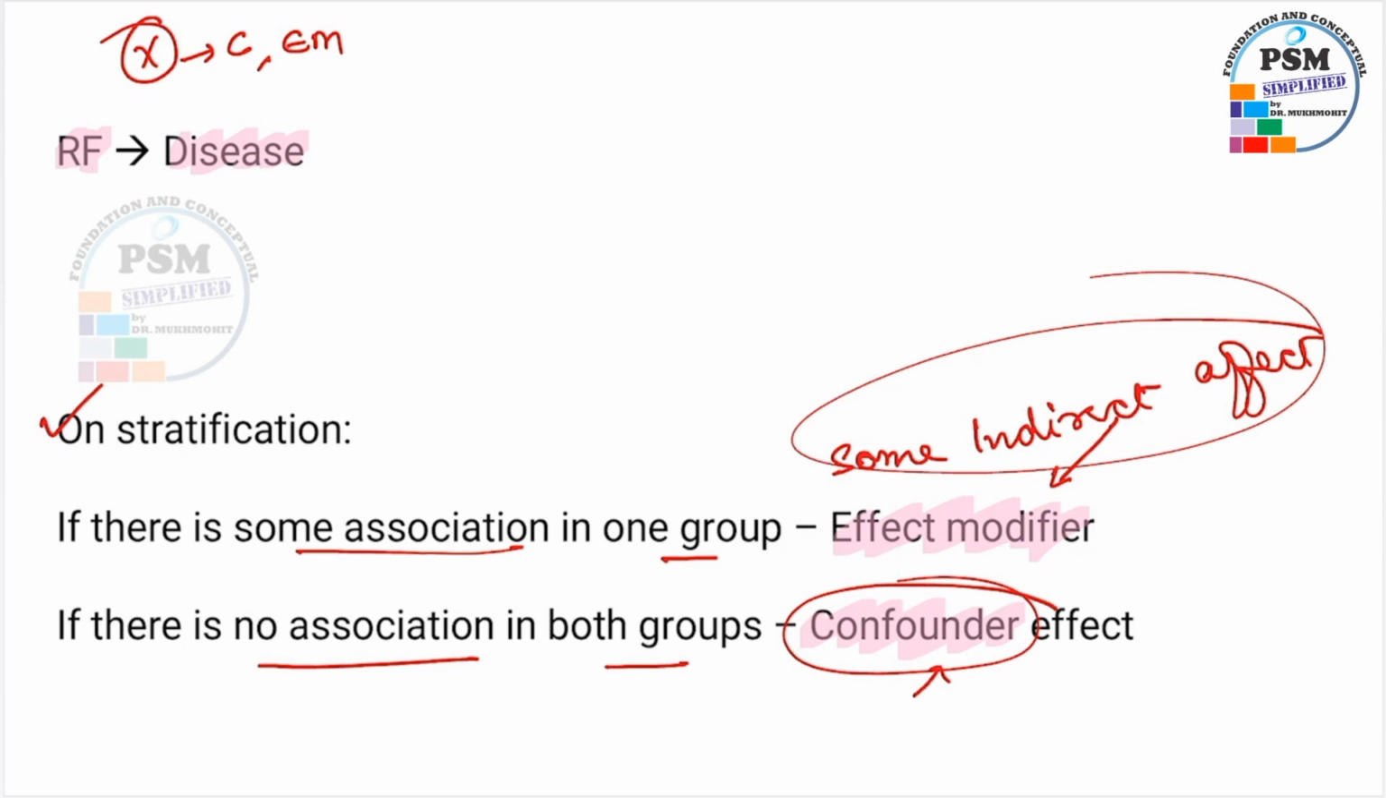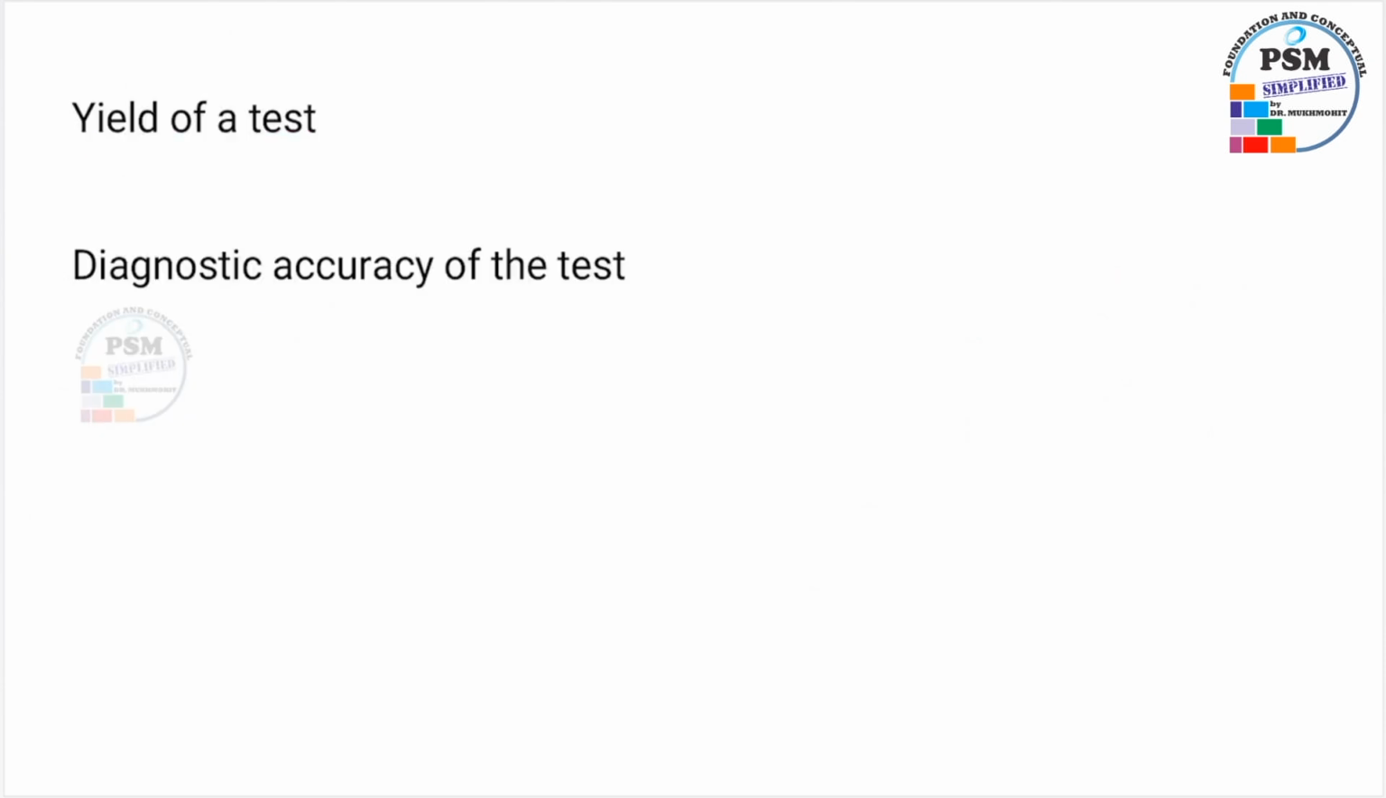So please note that on stratification, we can have an effect modifier or a confounder, and that is one of the ways. Stratification is a very easy and a very good method to find out or to eliminate any confounding problems. Next, sometimes students get confused about what is the yield of a test and what is